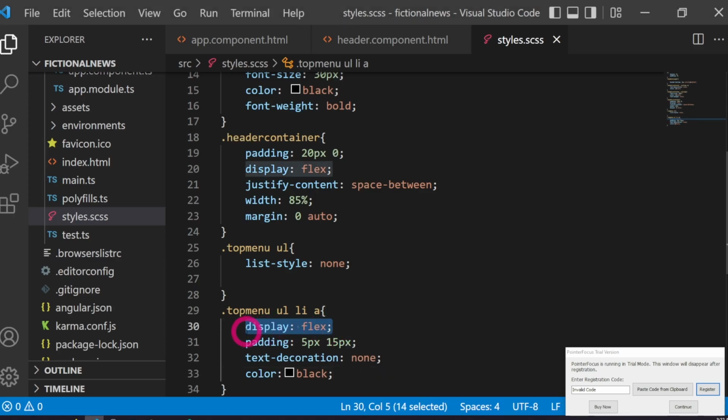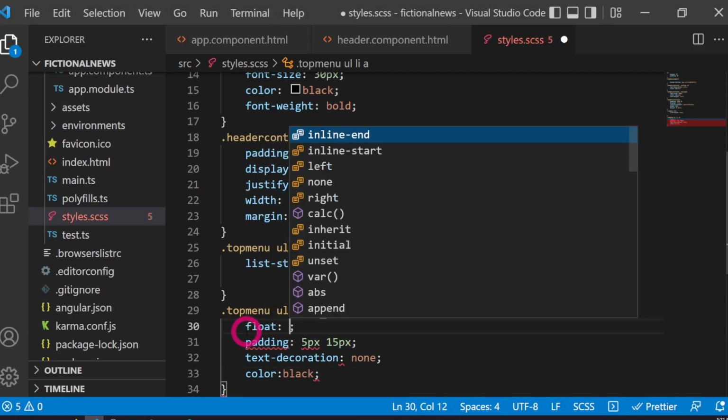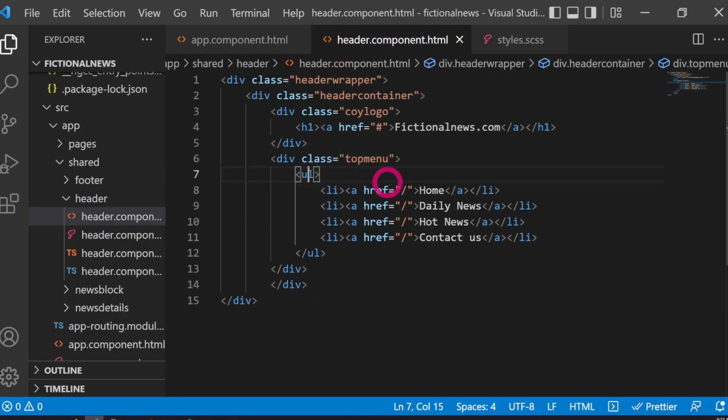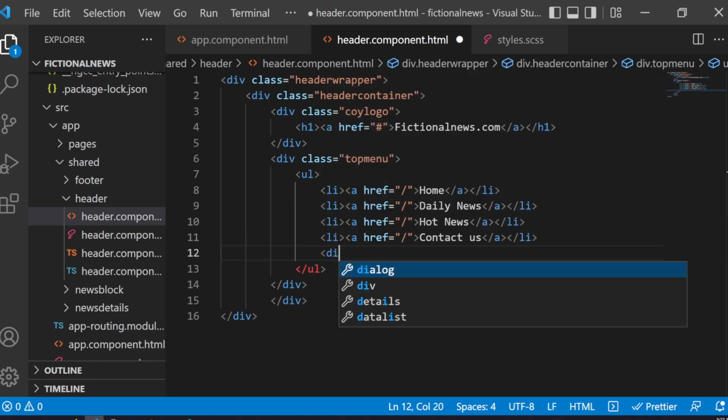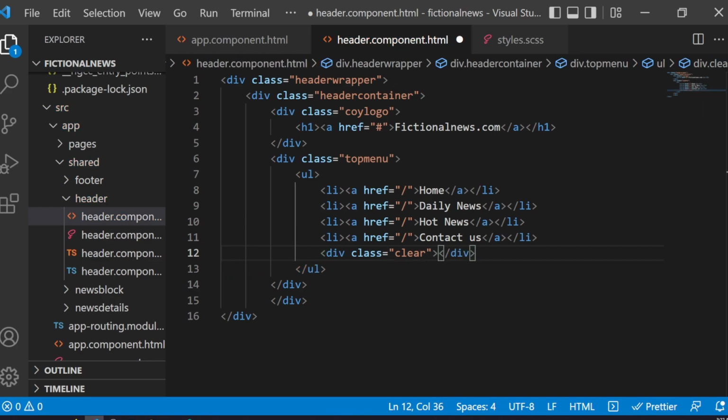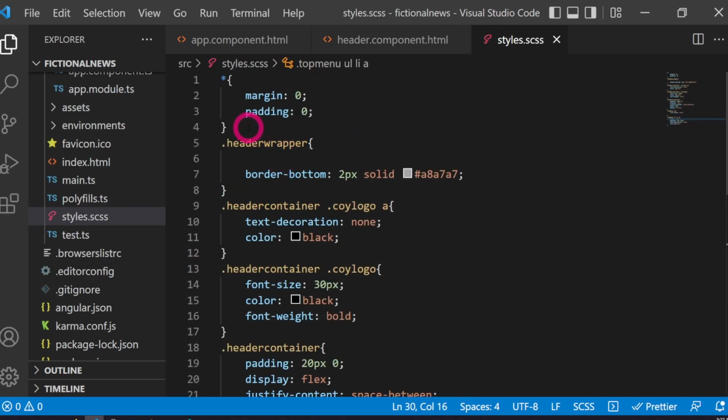Get rid of this and then float it to the left. The only thing is I gotta place a class somewhere here. And then I'm gonna take this class and put it at the top.